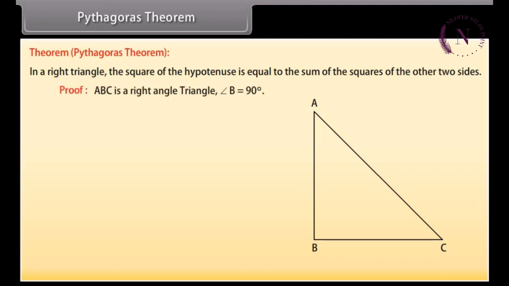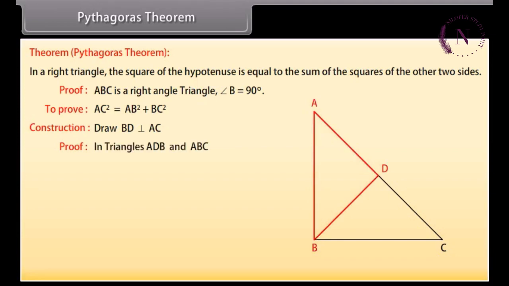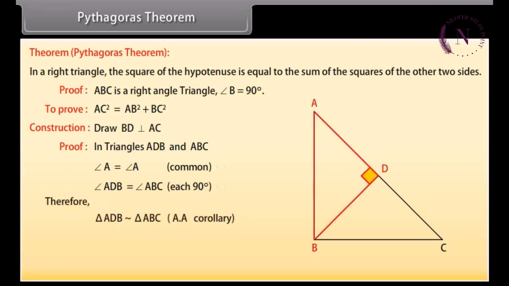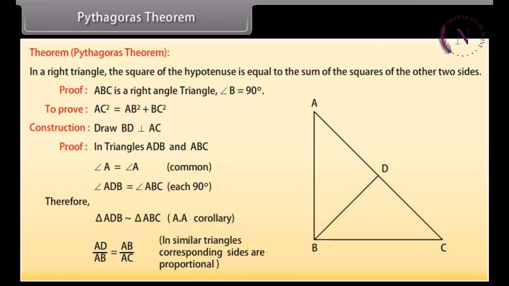Proof. ABC is a right-angled triangle. Angle B is equal to 90 degrees. To prove, AC square equals AB square plus BC square. Construction. Draw BD perpendicular to AC. Proof. In triangles ADB and ABC, angle A is equal to angle A, common. Angle ADB is equal to angle ABC, each 90 degrees. Therefore, by AA corollary, triangle ADB is similar to triangle ABC, which implies that AD upon AB equals AB upon AC,